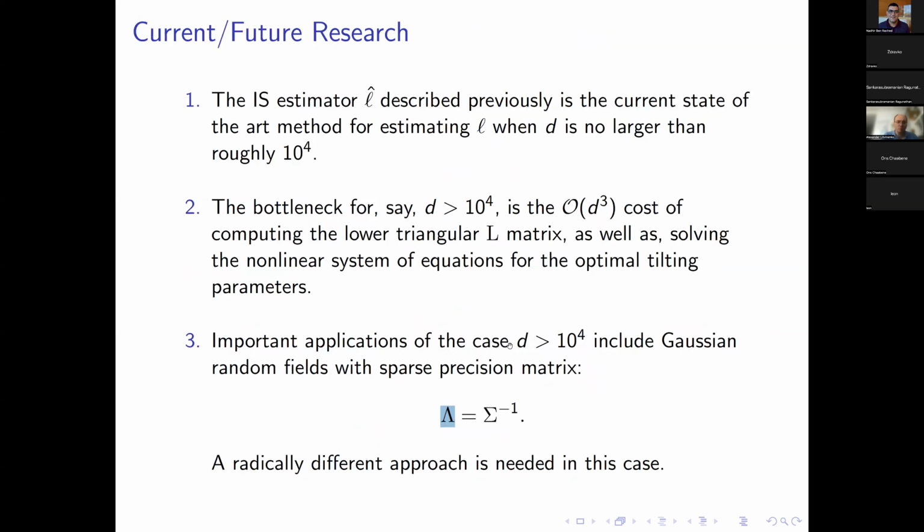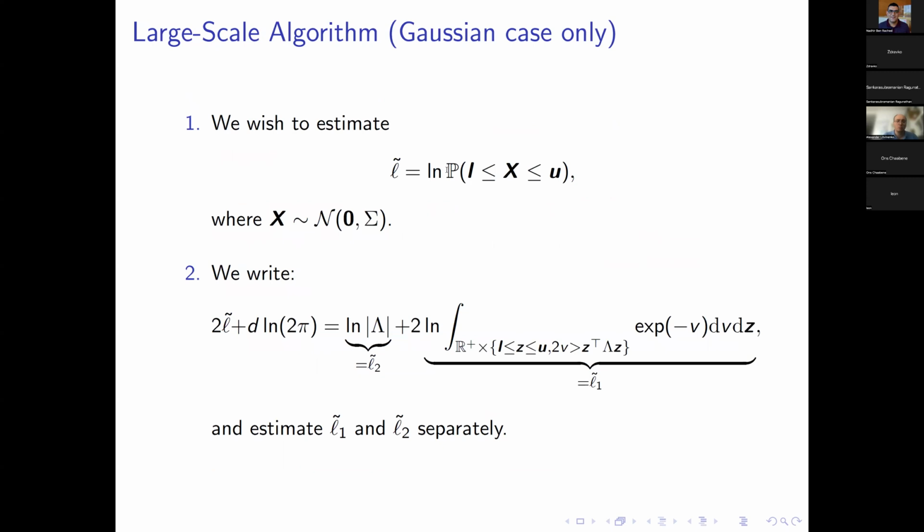When we deal with such high dimensions, d larger than 10 to the power of 4, it doesn't make sense to estimate the probability itself. You can only hope to estimate it on a logarithmic scale. So we should aim to estimate the logarithm of the probability. It will be something extremely small. And the idea is to write